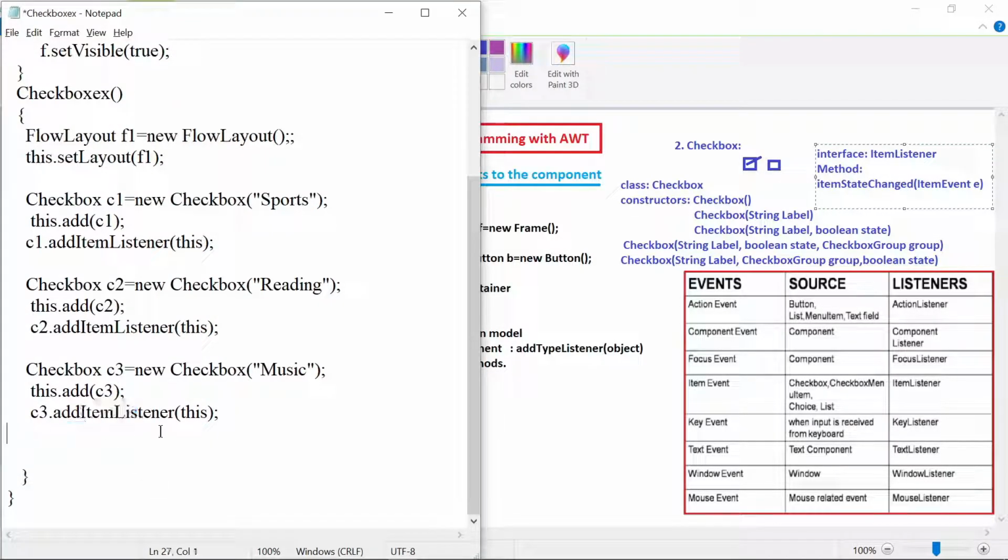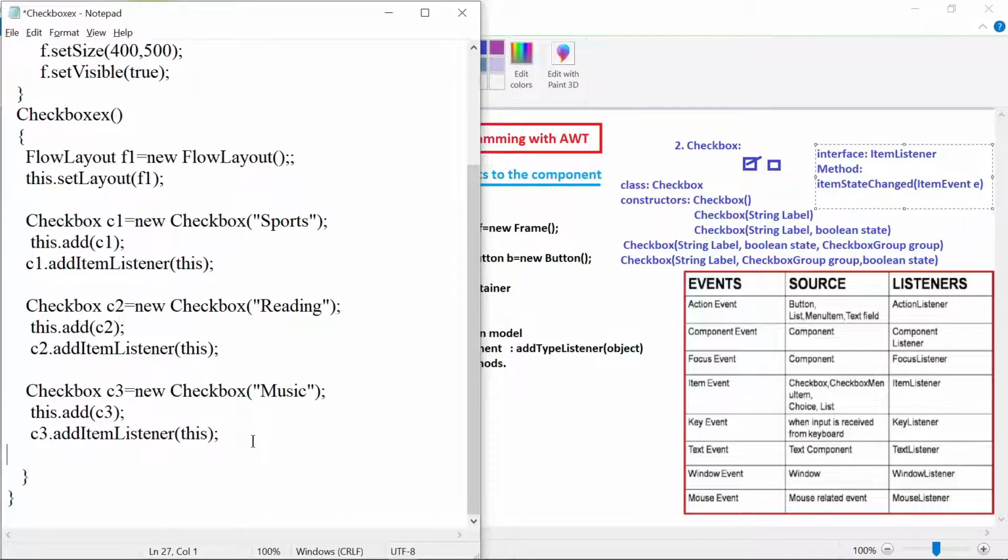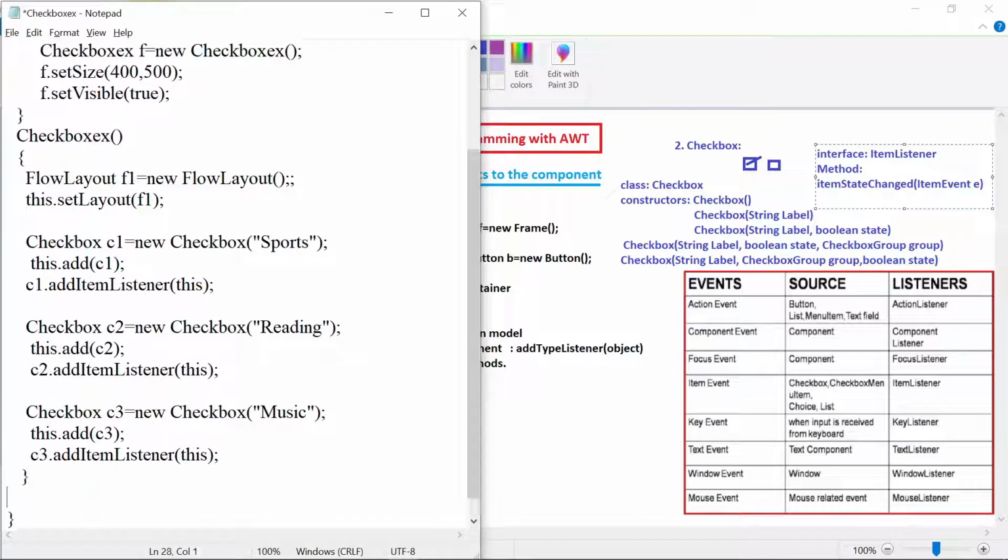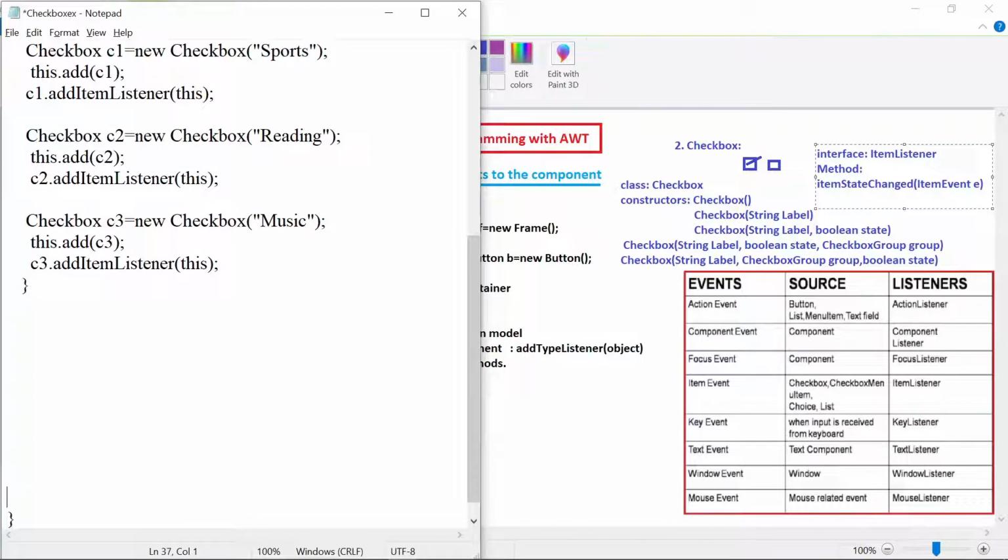So now we need to implement that method, isn't it or not? So let us do that. That method is, I am writing here, public void itemStateChanged.